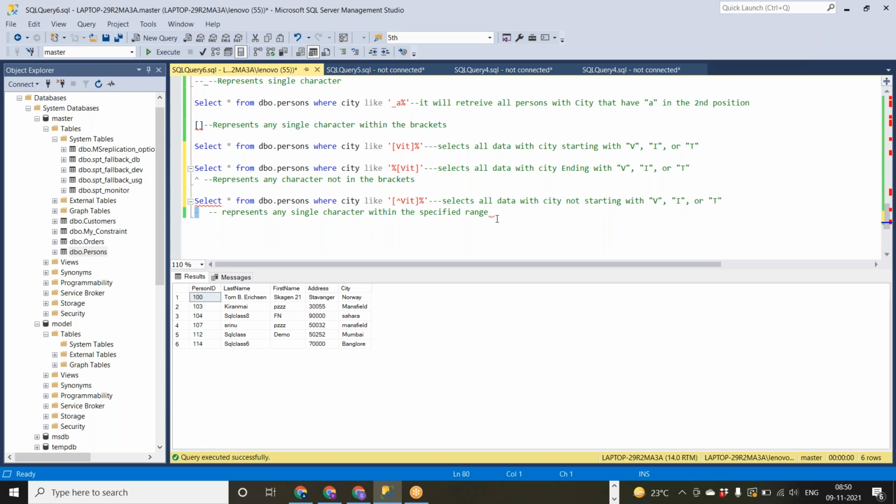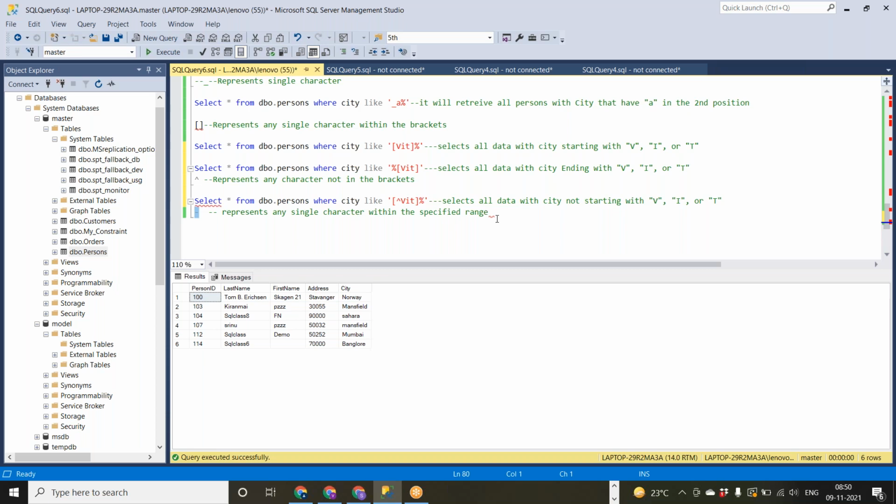Suppose I want to get the data which is starting with A and ending with D. If you know that A, B, C, D is coming in alphabetical order, you can simply give A hyphen C, A hyphen D, or L M N O.